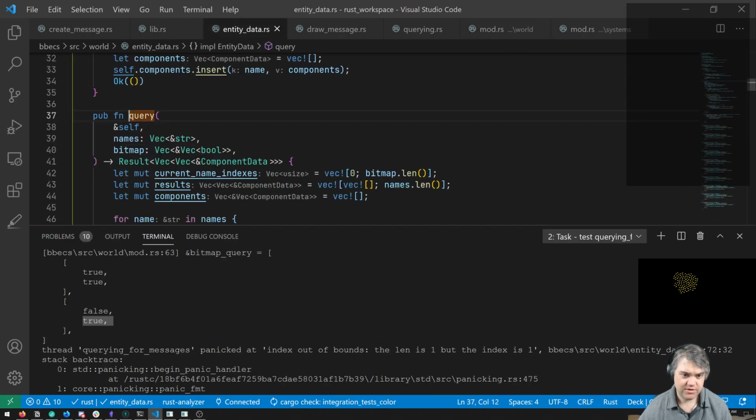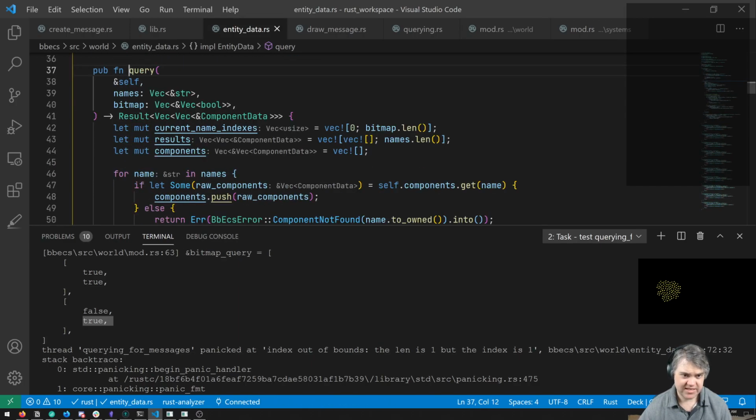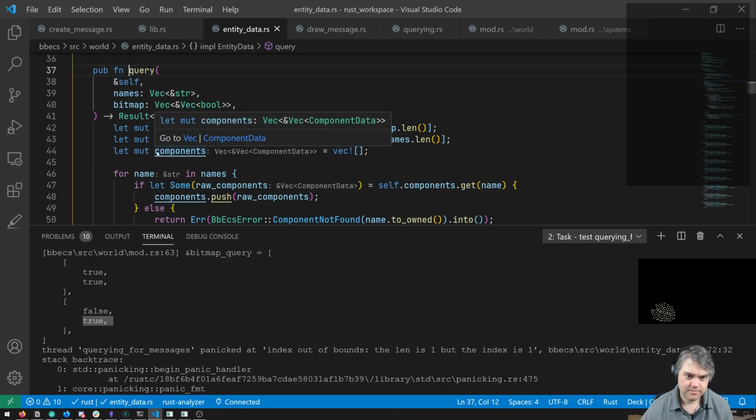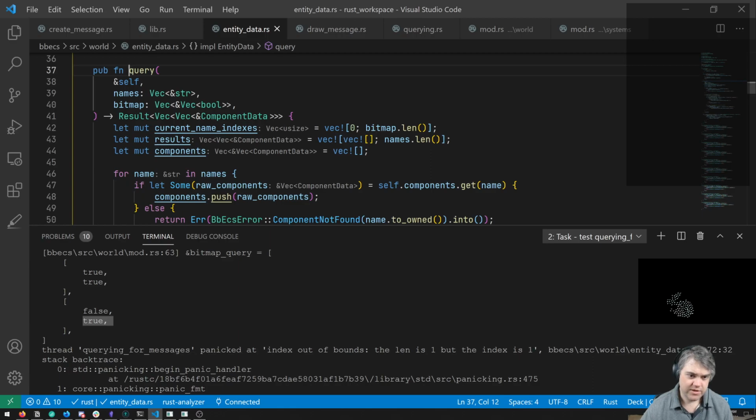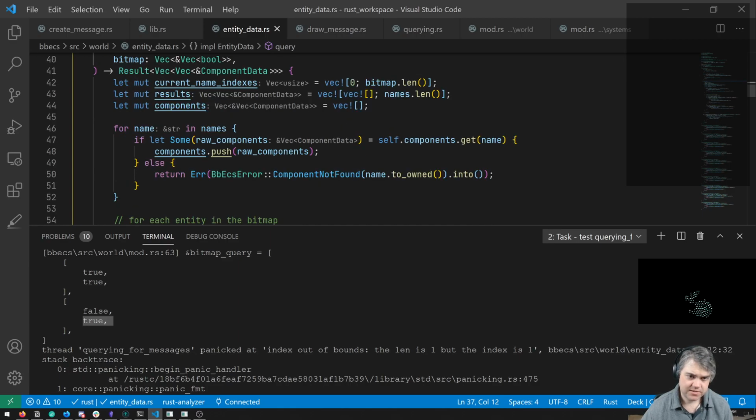Then we head into entity data query, which gives it the names and the map to the names. We loop through the names, get the components based upon that name.